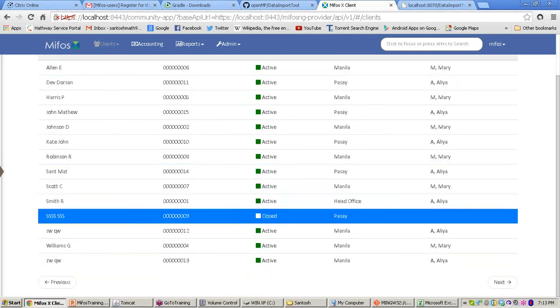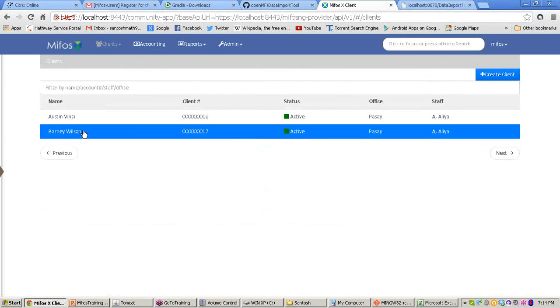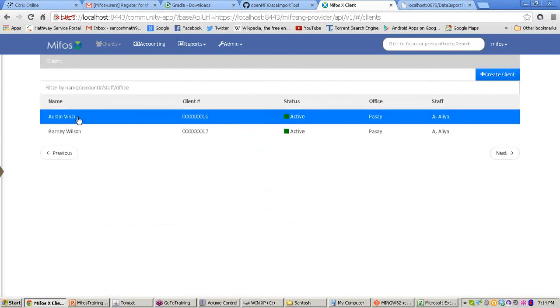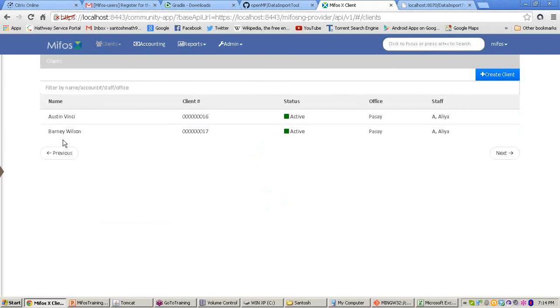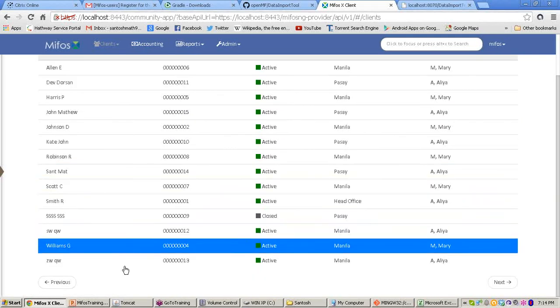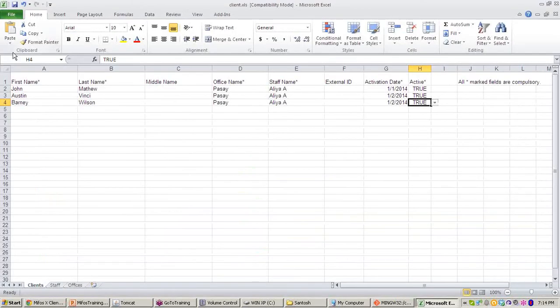See here, we have created these clients: Austin Vinci, Barney Wilson. And finally there is one more client I remember, that is the fourth row, John Matthew. It was in the fourth row.